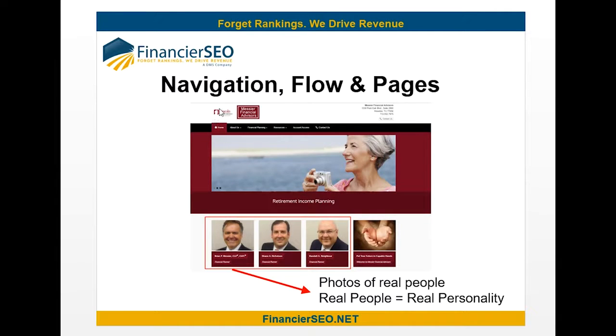Now, one thing that the Golf Financial Group didn't do a great job with is including those photos of real people from their firm, or real photos of their clients. So, looking at Messier Financial Advisors, who are also based in Houston, you can see here